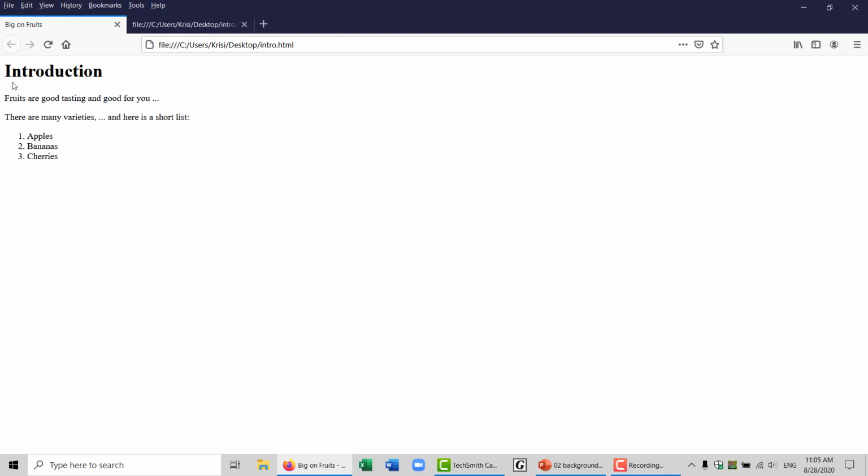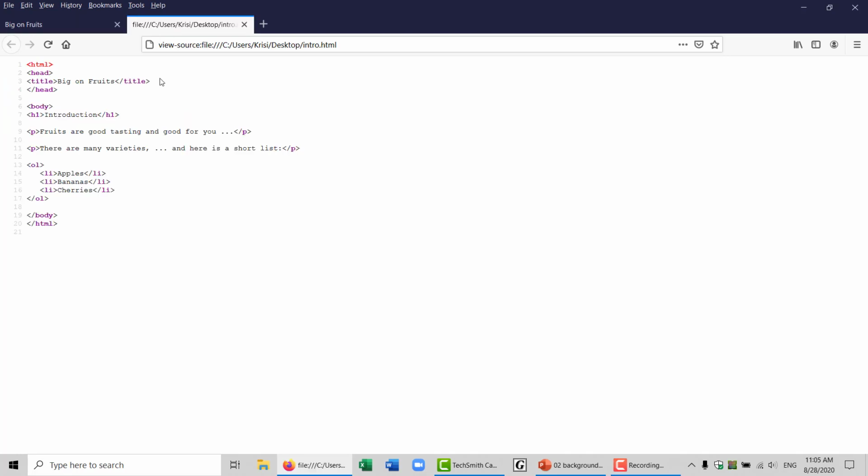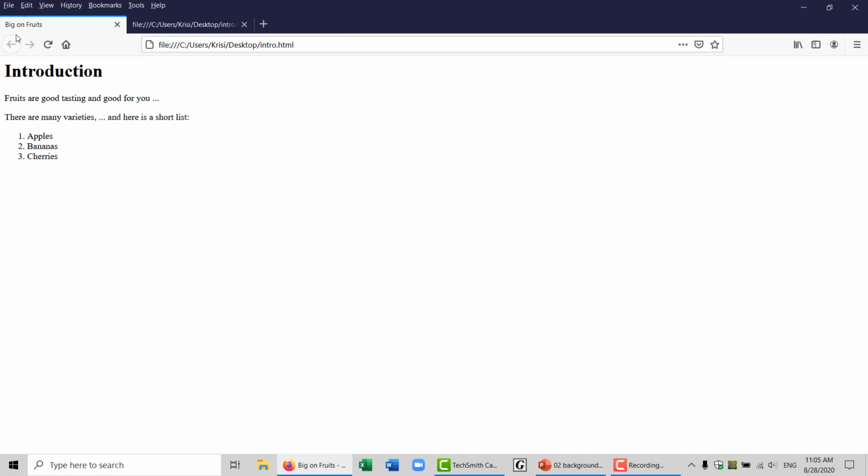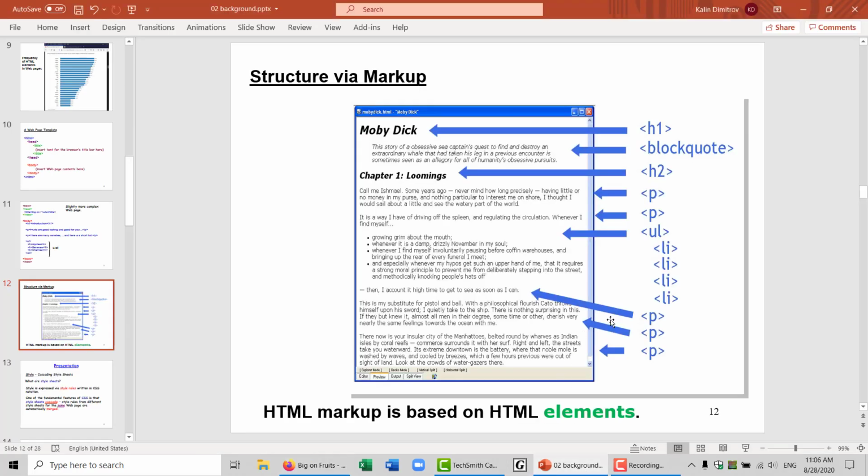One thing I forgot to mention, and it's good to note here, is look at this. Big on Fruits is my title. When you specify a title, the browser will display that value in the tab up here at the top. It gives you the title of the web page, which is why it's really a good idea to always have a title for your web pages. All right,